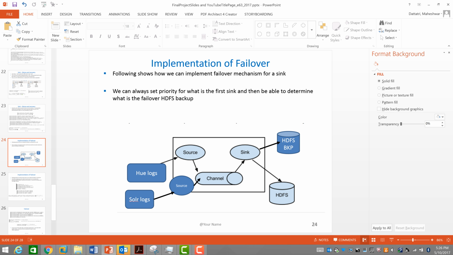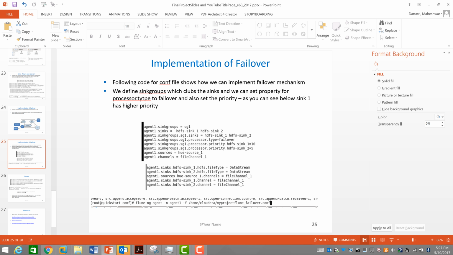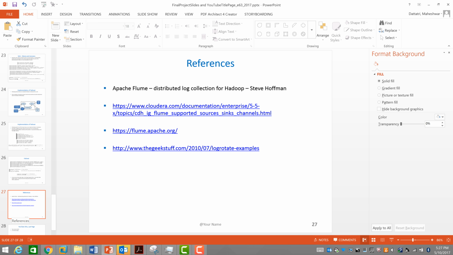Hadoop location. Another important aspect that I would like to cover is the failover. As you can see, I can have an HDFS and an HDFS backup. The main concept is we implement something called sink groups, put multiple sinks in here, and set priorities. In this case, I set sink 1 to high priority. It took the data and put it only there. If it was not there, it would have gone to sink 2. That's all I have. These are the references, and thank you so much for